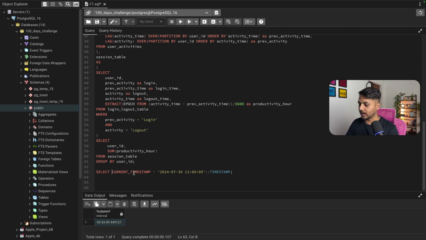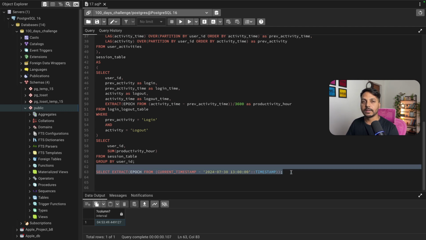So what I can do, I can use the epoch function. So I just need to say extract, using the extract function, and put this in a bracket, and inside this extract I can write epoch from this time difference. Now I will just have to close my bracket here. So if I now run this query, this function returns the time difference between these two times, and this epoch is going to get the time difference in seconds instead of getting it in interval,